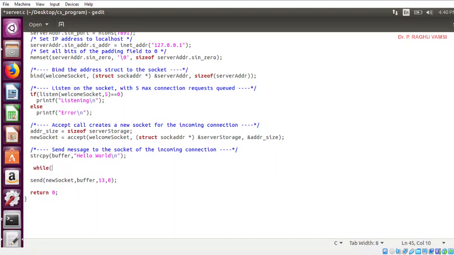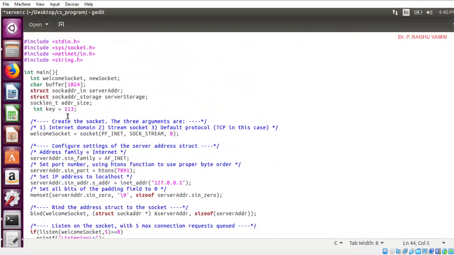While i is less than or equal to 1024, or we can say i is less than size of buffer. Anyhow, the i has not been declared, so we'll declare this i. int key is equal to 113, i is equal to 0.